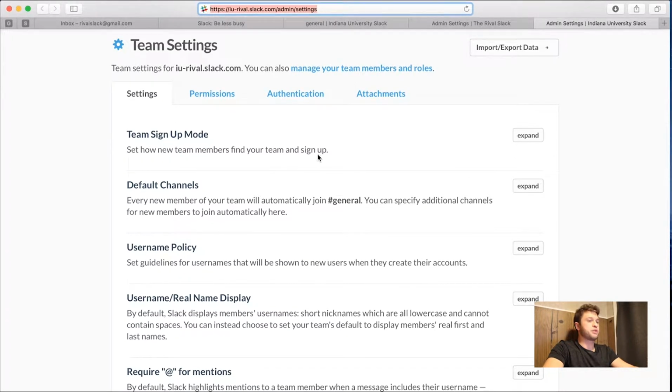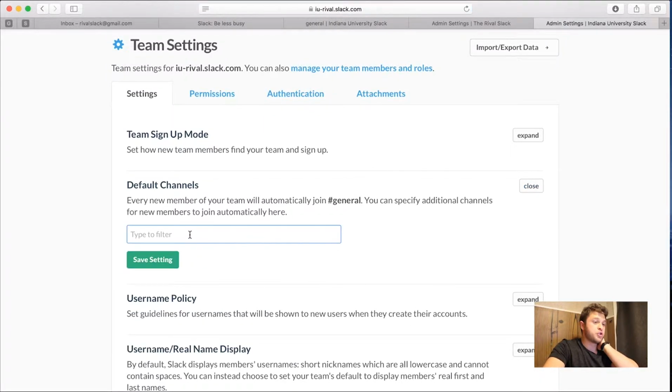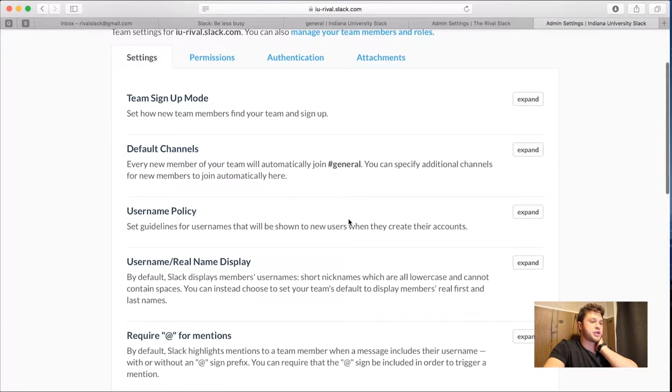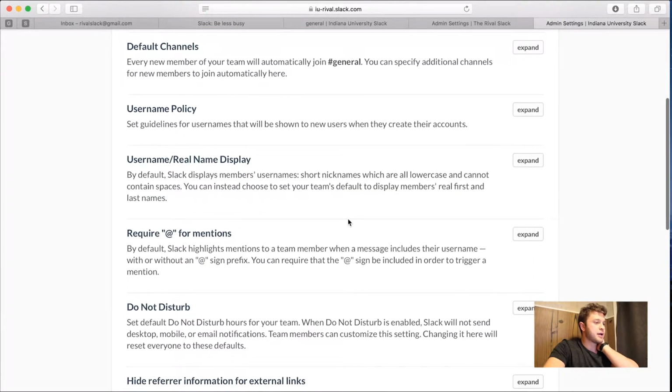So to walk you through this, you'll be able to see team sign-up mode, right? How people get there. You're actually going to end up inviting them, so don't worry about that. You can change the default channel, so if you want to change it to a different channel, you can. I'm going to let you guys explore these options, okay? You can customize these to your school. I'm not going to tell you how to do specific things. Just use your best judgment, go through them thoroughly, and make sure these settings actually fit what is needed for